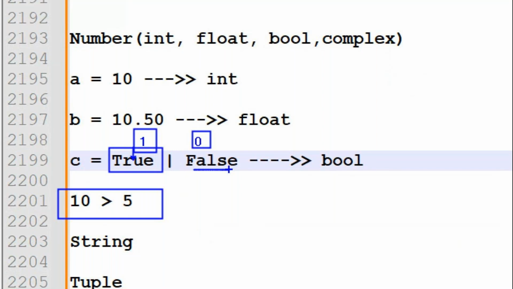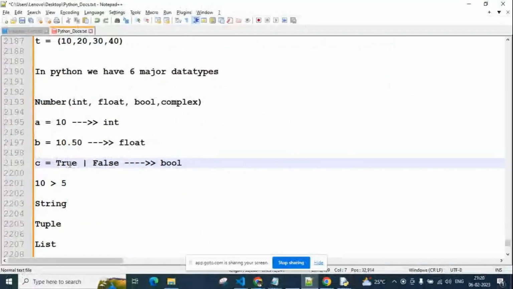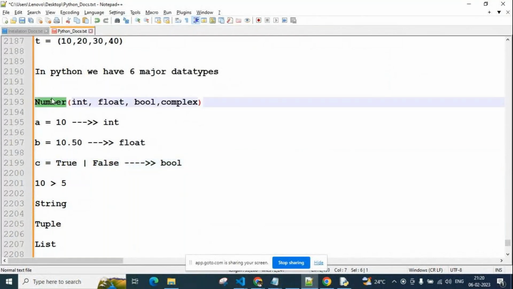Coming sections you will understand. So 1 or 0, nothing but numbers only. Integers also come under numbers, and floating values also come under numbers.